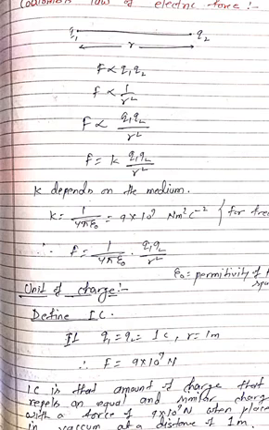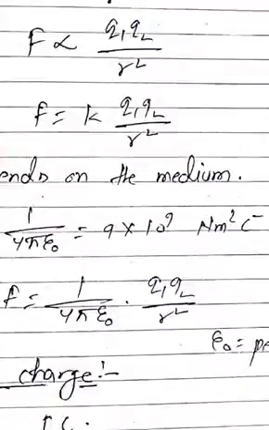So if we replace k in the above equation, then we will get what? F equals 1 by 4 pi epsilon naught q1 q2 by r square. This is known as Coulomb's law. From this law only we can define charge also, the unit of charge. Suppose we define 1 coulomb of charge. So what we will do in this equation only,